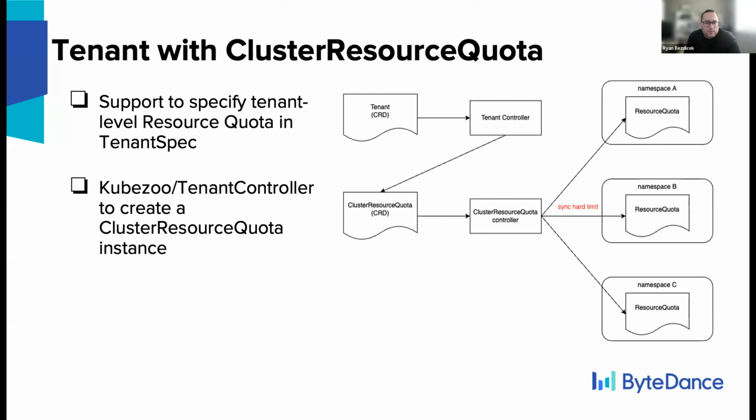I was just going to reiterate my understanding, because I think it's similar to how we handle it for HMC. Essentially, they put a resource quota on each namespace, and then anytime that changes, they add it to the global. So you have that global status, and there's an admission controller on that. So there's a delay, but that's my understanding of how it works, right? Yeah. Okay, I understand.